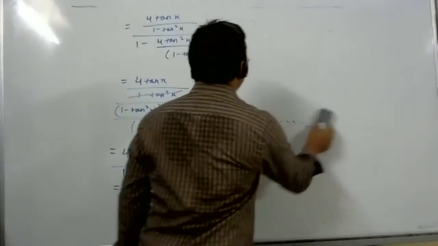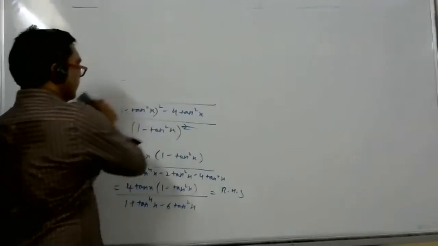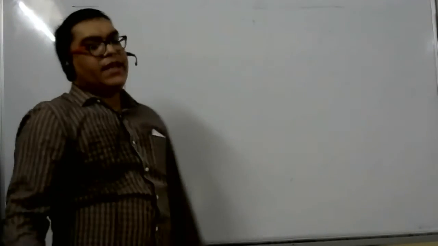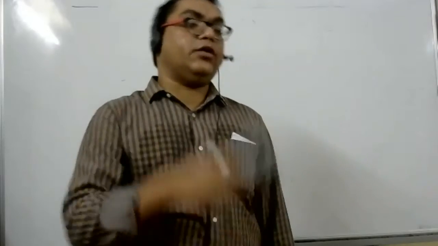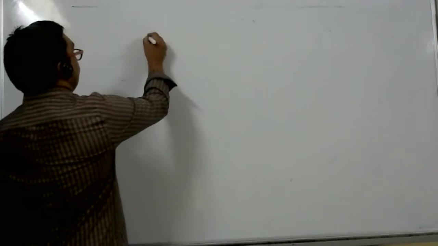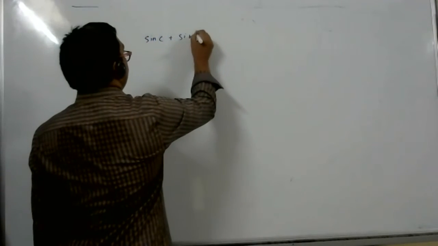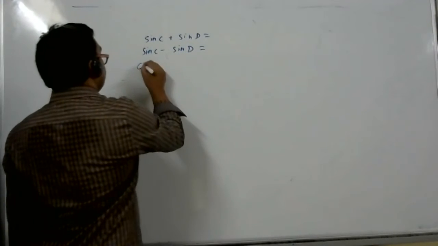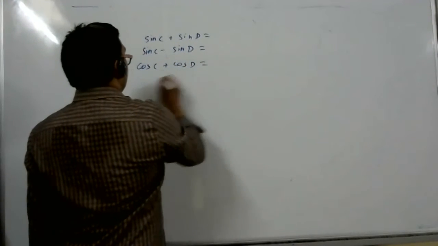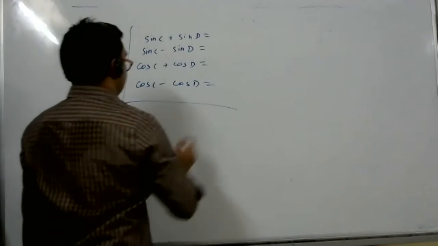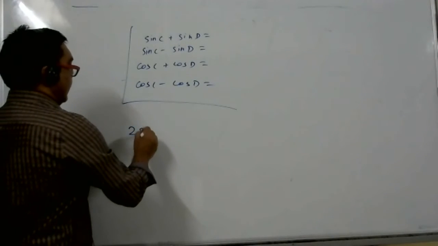Miscellaneous, with some student. Sir, for the numerator and denominator questions also, we use the transformation formula, right? See, whenever you want to convert sum and difference to product, or sometimes product into sum and difference, you have to use transformation only. Two types of transformations are there: sin C plus sin D, sin C minus sin D, cos C plus cos D, cos C minus cos D. This is for sum and difference. Now multiplication, how? 2 sin A sin B,